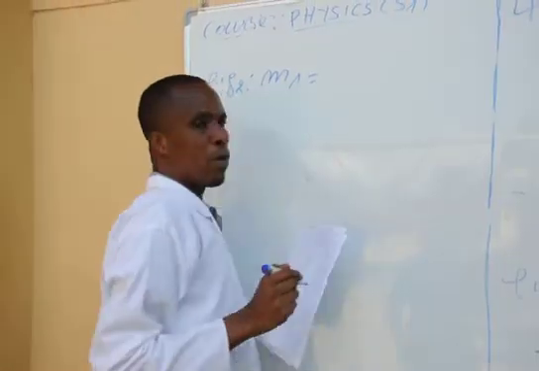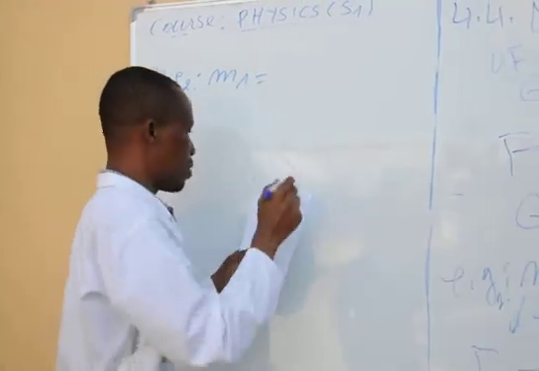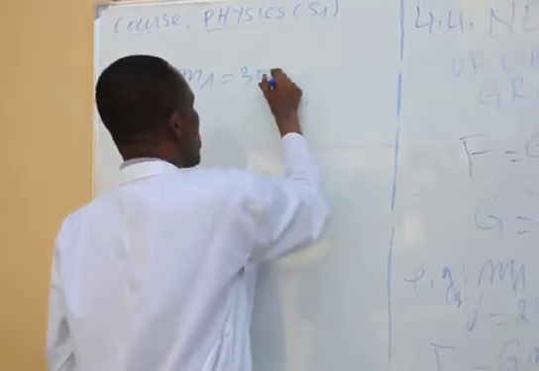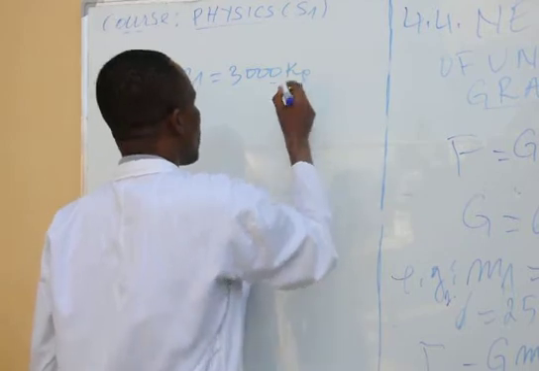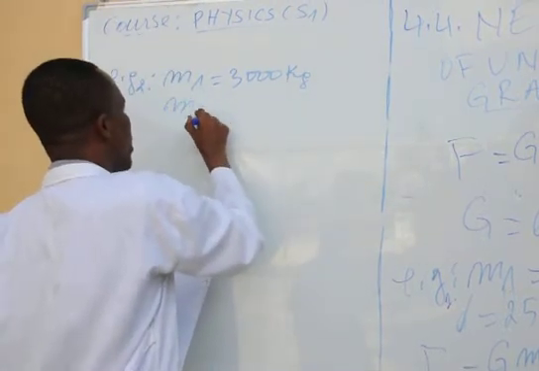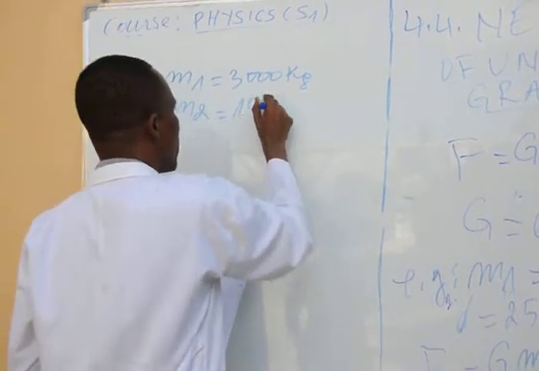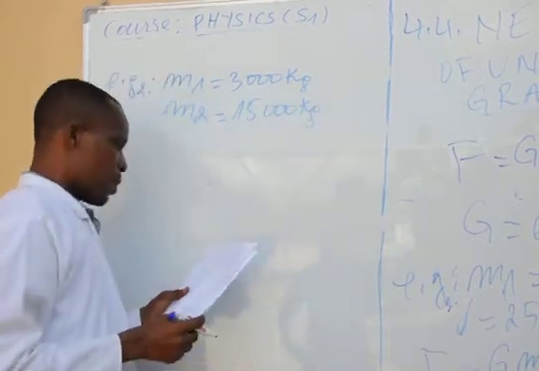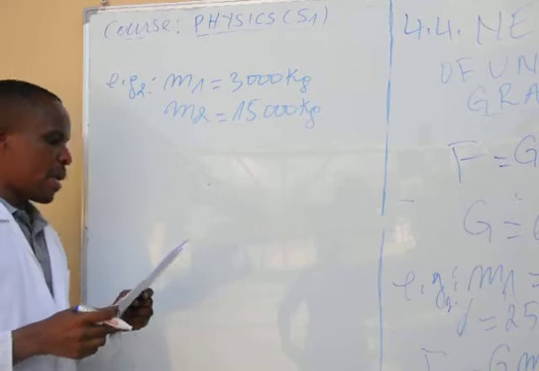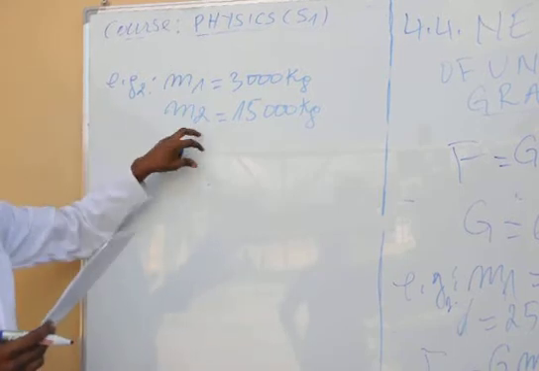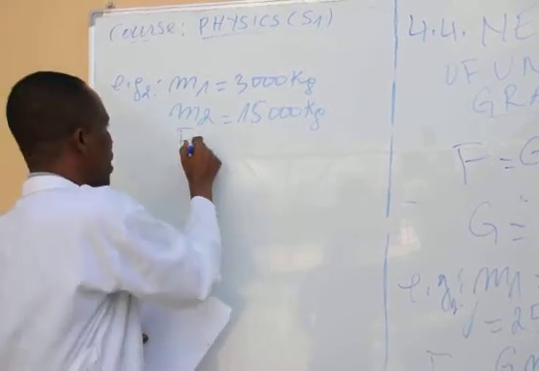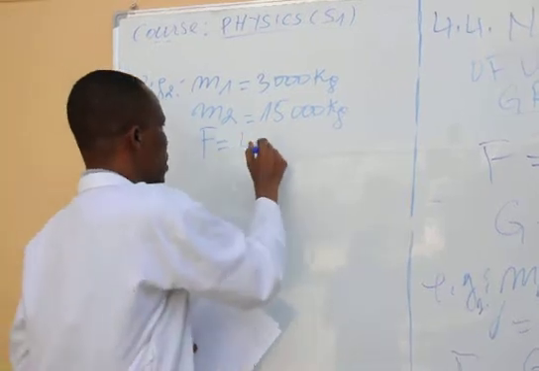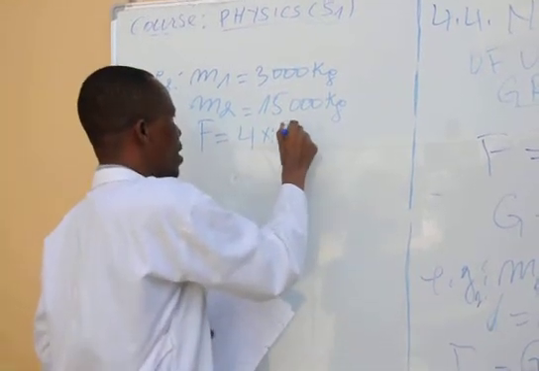Let's call this one M1, the mass of the first one. It is about 3,000 kilograms. The second body has 15,000 kilograms. And the attractive force between the two bodies, F, is 4 times 10 power negative 4